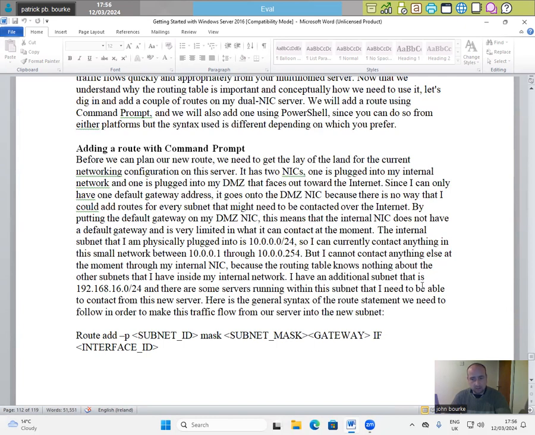I have an additional subnet that is 192.168.0.4/24, and there are some servers running within this subnet that I need to be able to contact from this